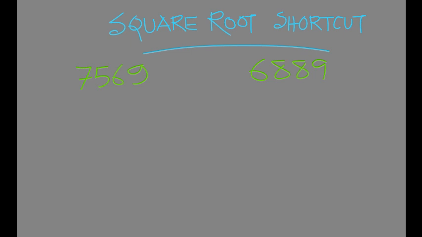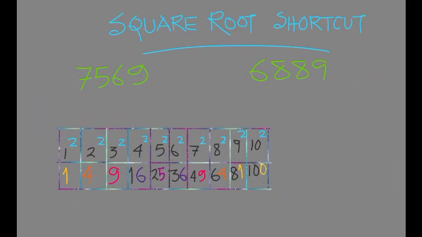Now before that, you need to remember the squares of 1, 2, 3, 4, 5, 6, 7, 8, 9 and 10. And you should also remember this, in which you can see that if the square ends in 1, then the square root will also end in 1. Or you can also see at this point, when it is 1, then the square root ends in 9. So if the last digit is 1, then you have two possibilities. The last digit of the square root will be either 1 or 9.